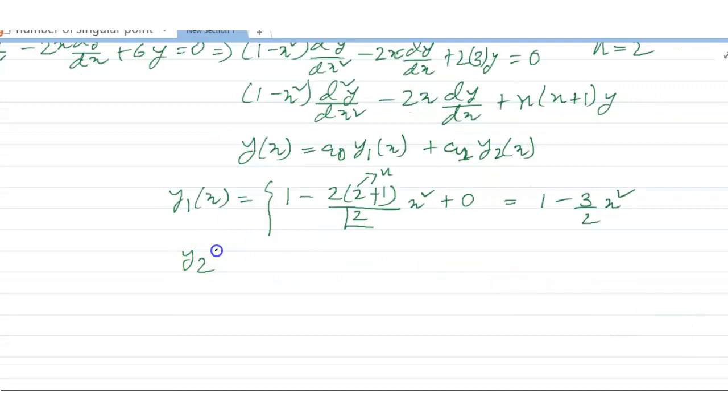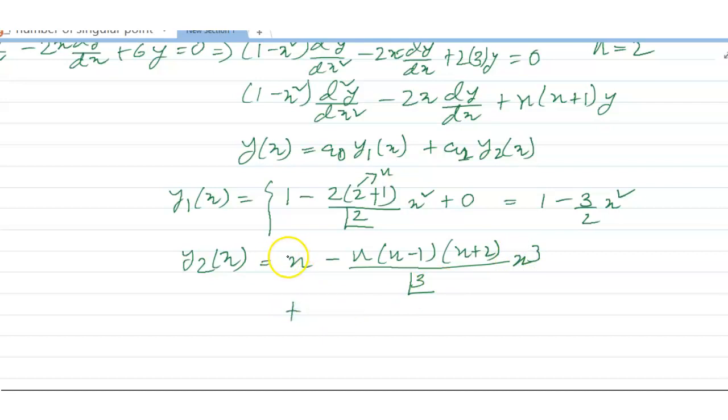Simple. And y2(x) equals x minus (n minus 1)(n plus 2)/3 factorial times x cubed